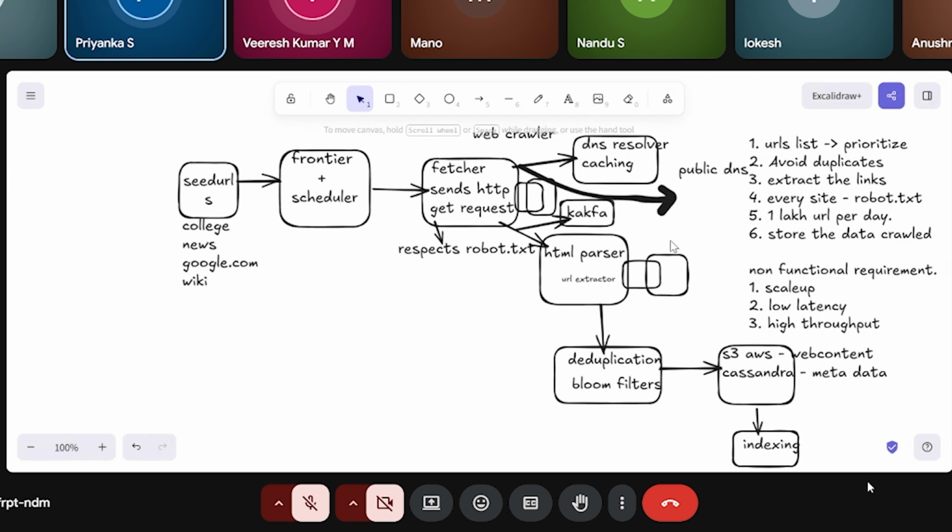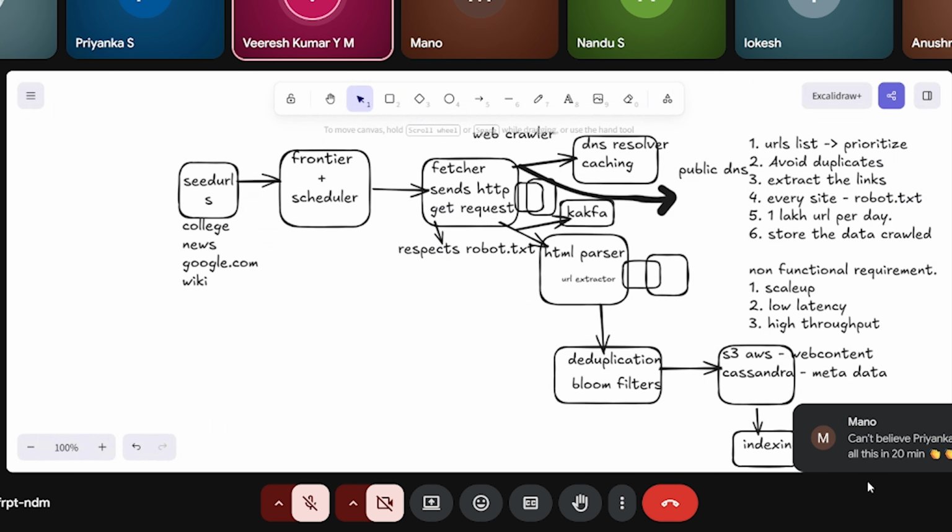Can you explain more how using Kafka as a scheduler reduces latency? Because even if you're using Kafka, the HTML parser and everything still needs to run. So here we need to optimize the parser and deduplication filter complexities, right? Correct, but